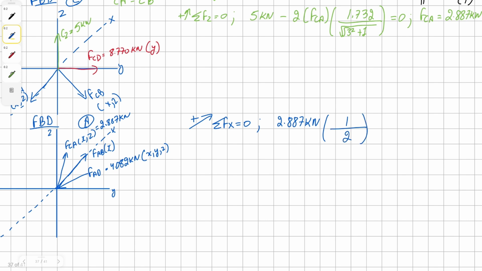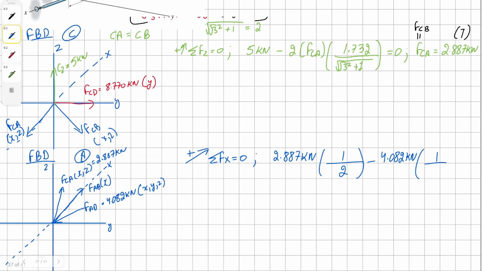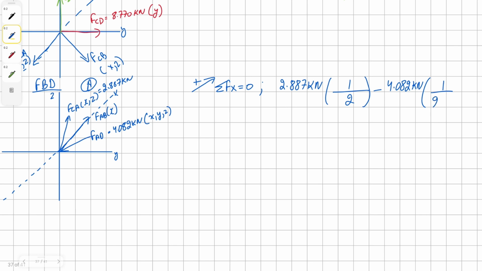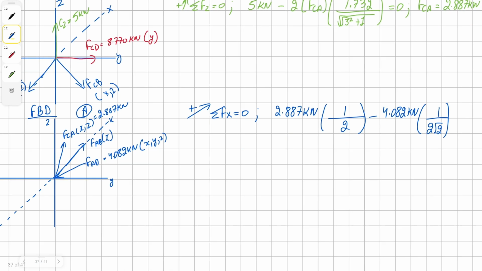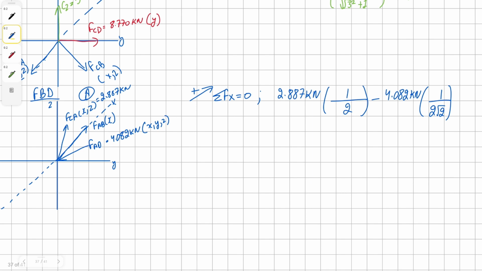Then we're going to have negative 4.082 kilonewton and its x component, which is going to be 1 over 2 root 2. And then finally we have our positive force AB, all equals 0. Solving for AB, we get our solution as 0.0025 kilonewton, which is equivalent to 0 kilonewton. And with that,